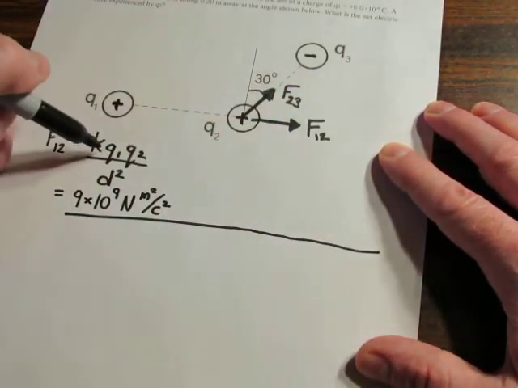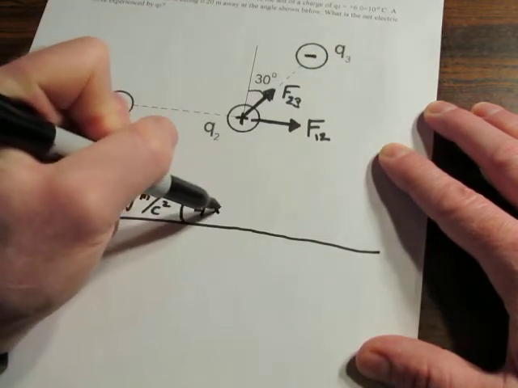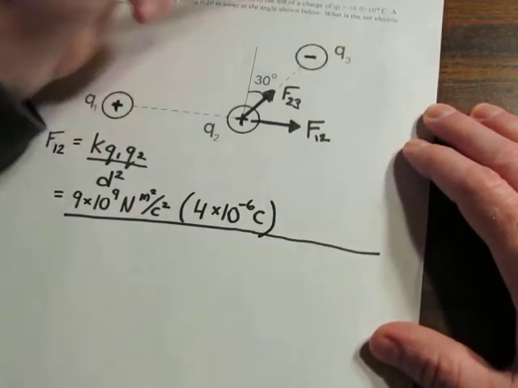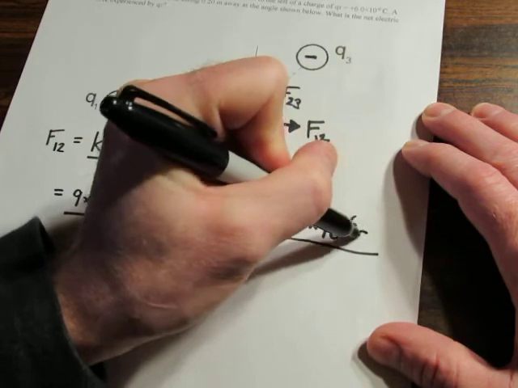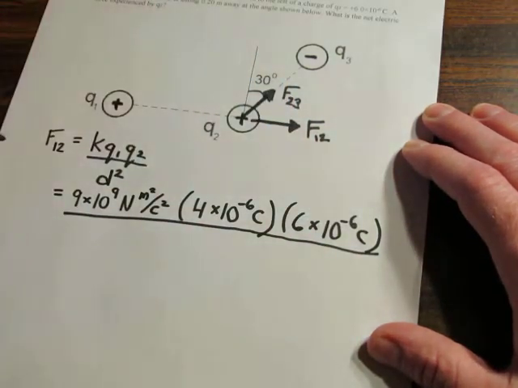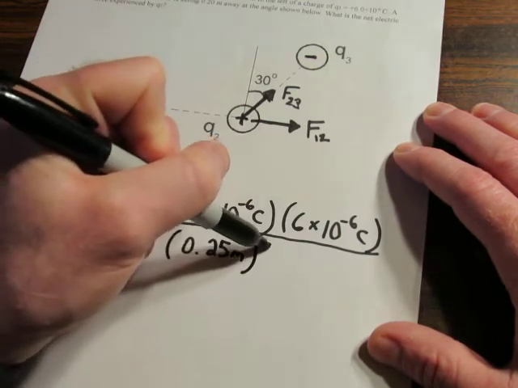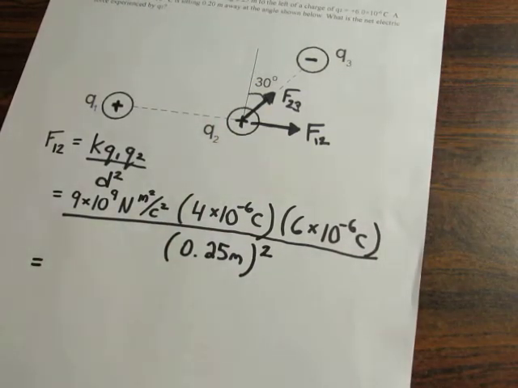So Q1, if you look in the question, is 4 times 10 to the negative 6 coulombs. Q2 is 6 times 10 to the negative 6 coulombs. And the distance between them is given as 0.25 meters, and that has to be squared. So don't worry about the fact that these numbers are all scientific notation. It doesn't change anything. Punch those numbers into your calculator the same as you normally would, and you will get an answer of